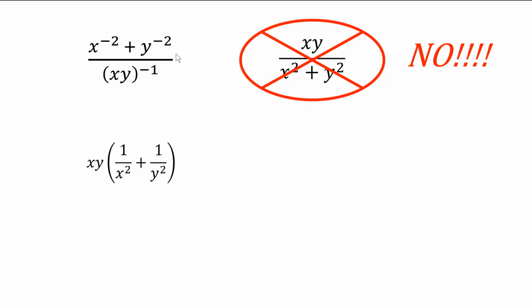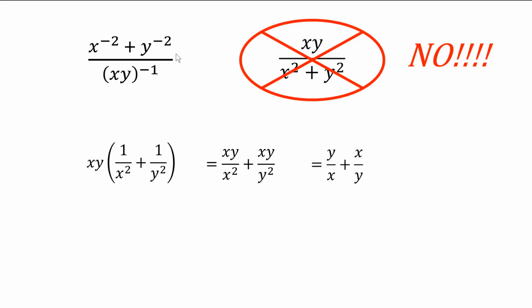All right, so what you have to do is bring the xy up into the numerator and call it xy to the positive 1, and then you have to write x to the negative 2 as 1 over x squared, and y to the negative 2 as 1 over y squared. And you're adding those two fractions together. Now you can distribute the xy, and you'll have xy over x squared plus xy over y squared,